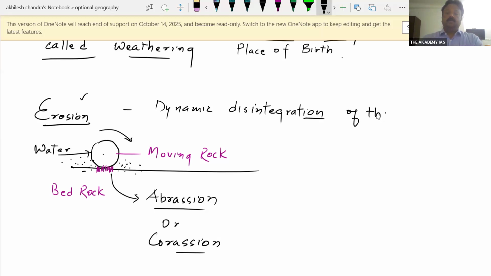Of the rock is called as weathering. Oh, sorry, it's called as erosion. Dynamic disintegration is called as erosion. When the rock is moving,